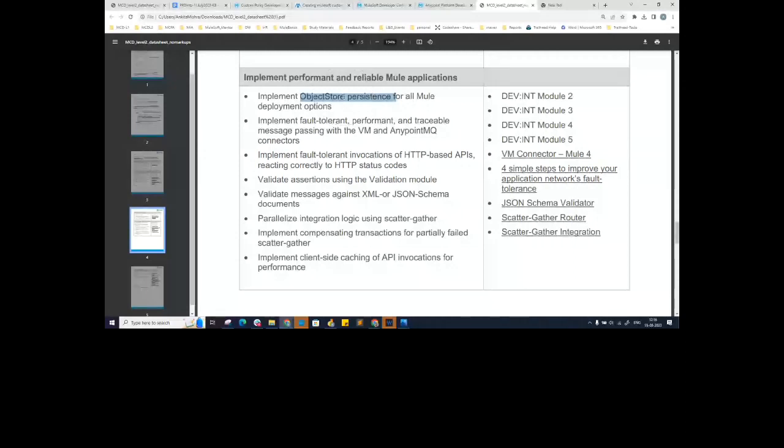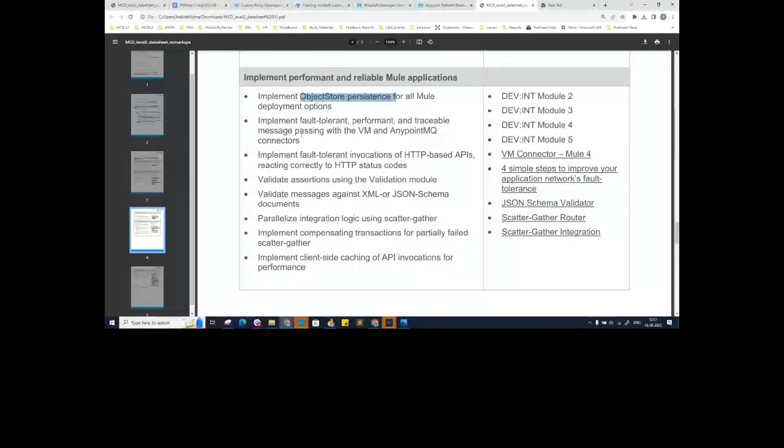Please make sure you go through the object stores topic, like the configurations or parameters you use to configure your object stores: what is time to live, TTL, what is the expiration interval, what is a private object store. These are very important from the learning perspective as well as the certification perspective. What are the scopes of different kinds of object stores? Mule object store is one thing; object store on CloudHub, Object Store V2 that you know of, is another. If there is a customer-hosted on-premises environment, how are you going to use Object Store? Everything has to be understood under this segment.